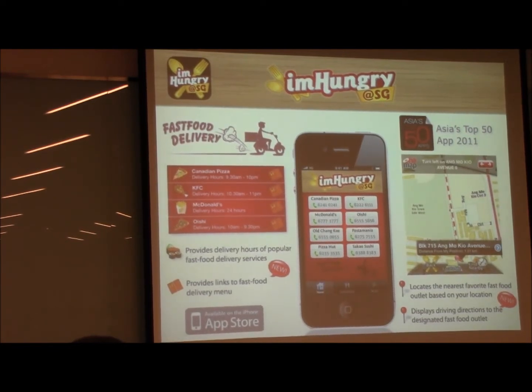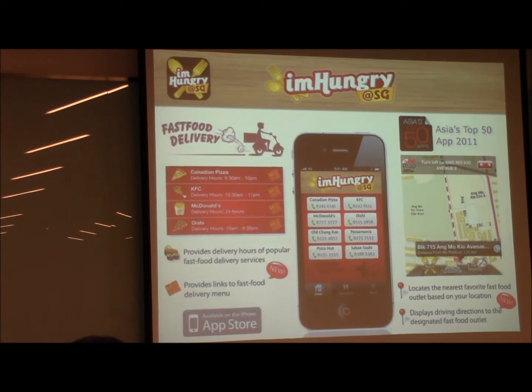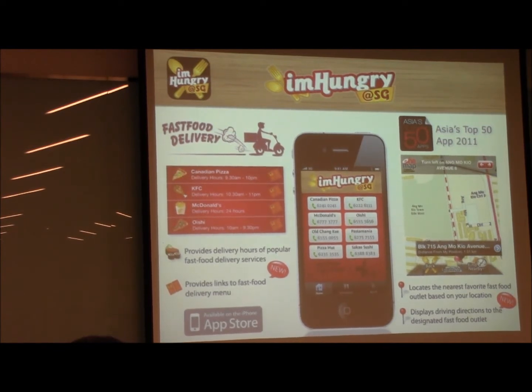It's a really simple app, but we put some details into it, for example, even the colors that were chosen. I mean, we have designers in our team. Why we chose red is apparently red actually makes someone feel hungry. So we put some details into some of this, and we came up with a very simple app. At the time, it was really to try out the entire provisioning process, to see what the process is and what the lead time is to actually publish an app.